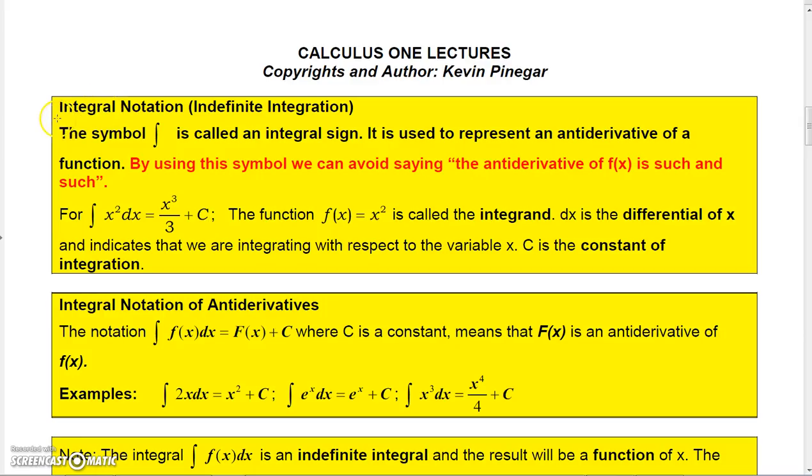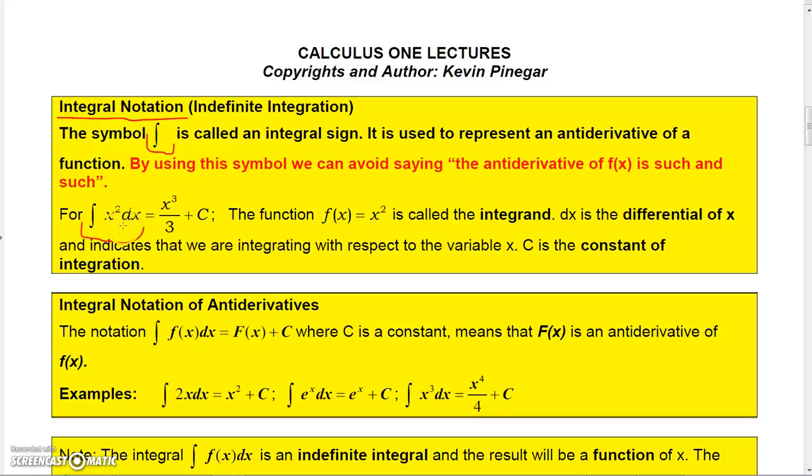Now in mathematics, we needed some operator that would tell us to perform the act of antidifferentiating or finding the antiderivative. Well, this symbol here is the integral sign or integral symbol, and it's used to represent the antiderivative of a function. By using this symbol, we don't have to say the antiderivative of f of x is such and such, because once we see this symbol,